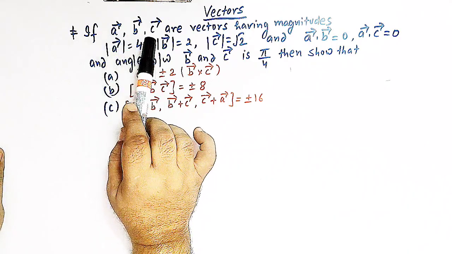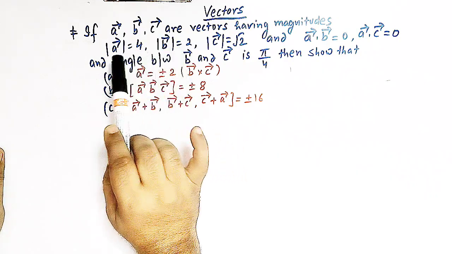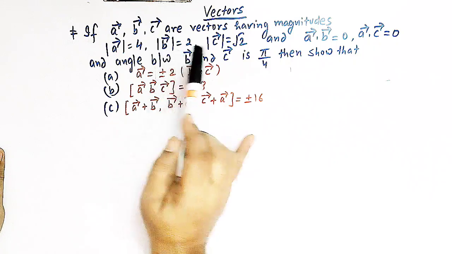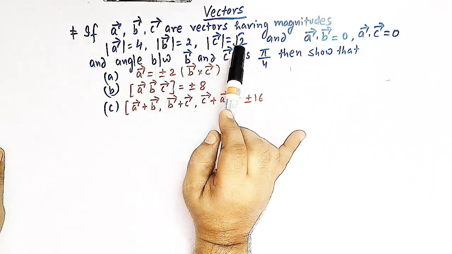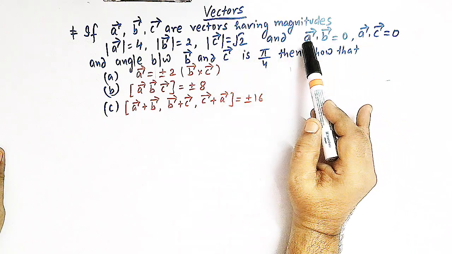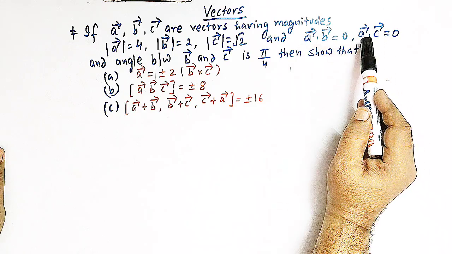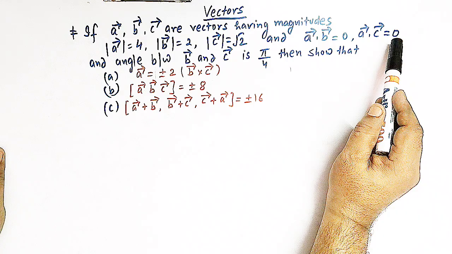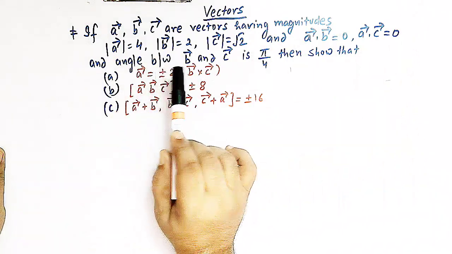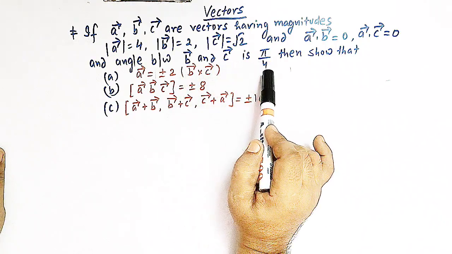A, vector B and vector C, and these three vectors have the magnitudes. The magnitude of vector A is 4, magnitude of vector B is 2, and magnitude of vector C is square root of 2. And we are given this condition, that is the dot product of vector A and vector B is 0, and the dot product of vector A and vector C is also given to be 0. And moreover, we are given that the angle between vector B and vector C is pi by 4, that is